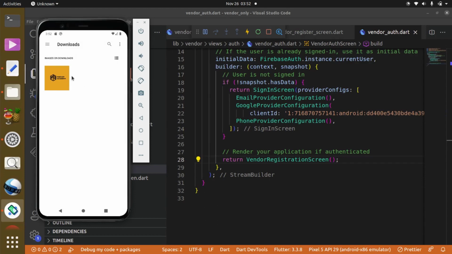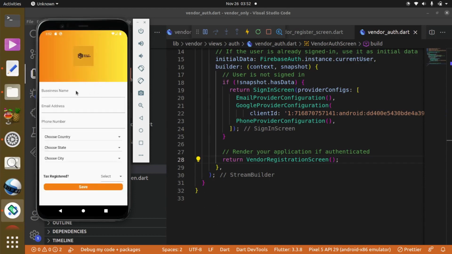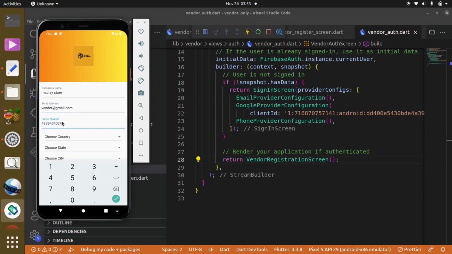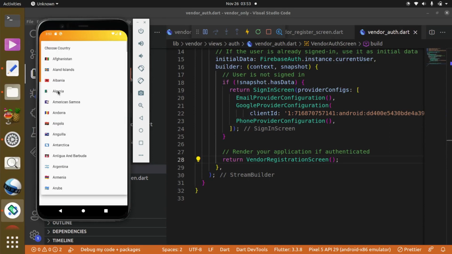I'm going to pick this, and the business name is going to be Mac Play Store, and the email address is going to be vendor@gmail.com, and the phone number is going to be this, and choose country, it's going to be Algeria,